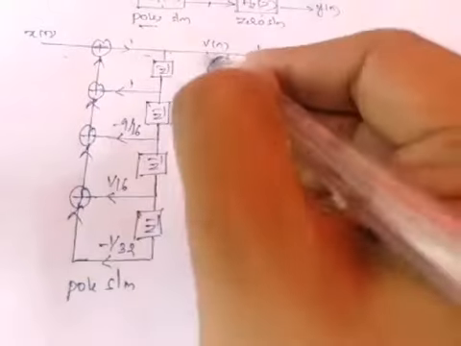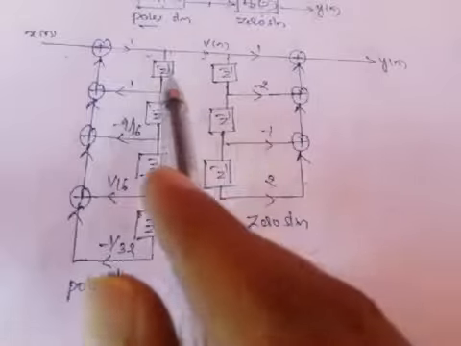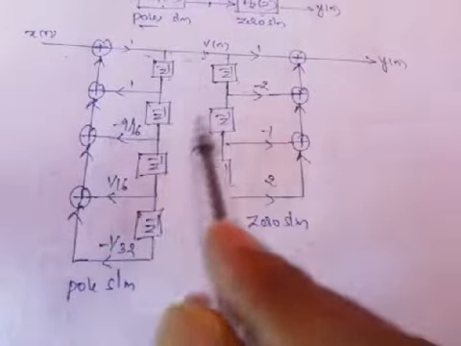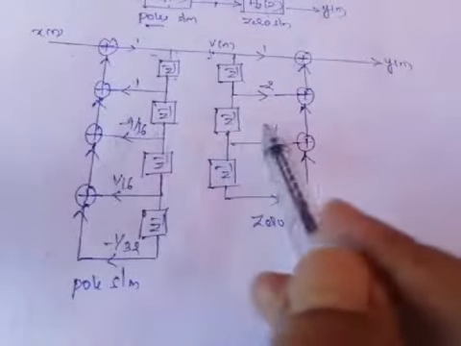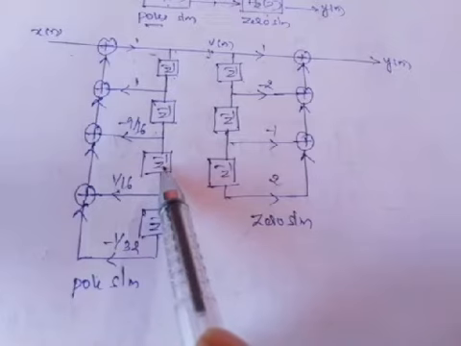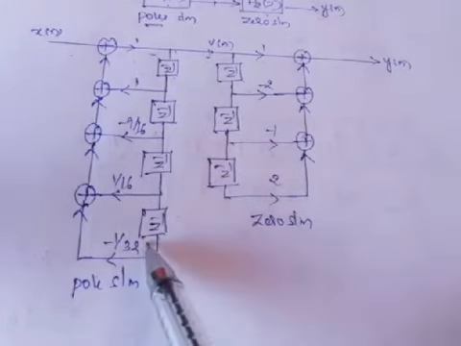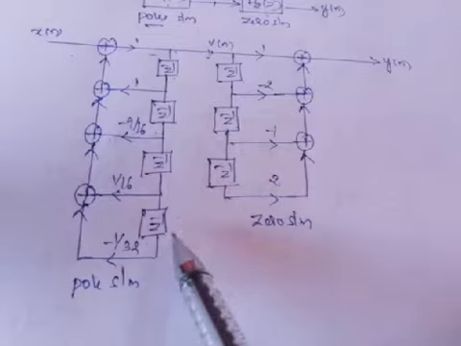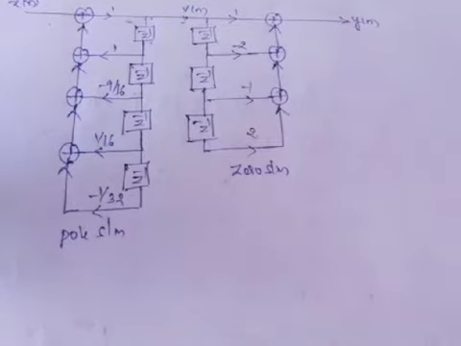Now observe here, the intermediate result v of n is in both cases, the pole system as well as the zero system. The same one time delay is there, so let us take it common. The second time delay, let us take common here. The coefficient terms become different. And the third time delay, take it common, and the coefficients are different. But the fourth delay is there only in the pole system; in the zero system there is no fourth delay, so there is no common term. So by taking the common delay elements, let us sketch the direct form 2.